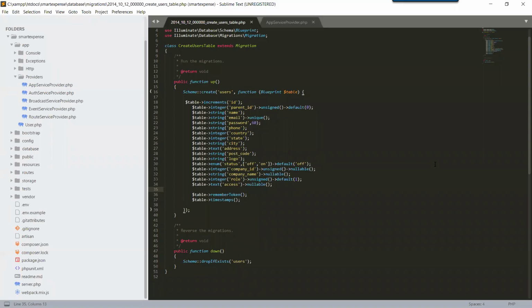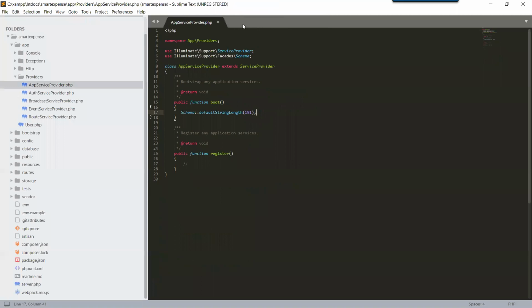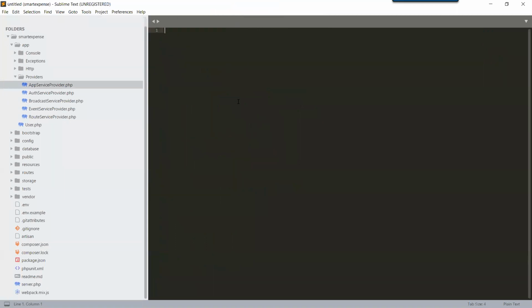Okay, we have required a country and country zones in our registration sign up form. So let's close this for users and migration. Because we are signing up users, we have a sign up form with country and state.